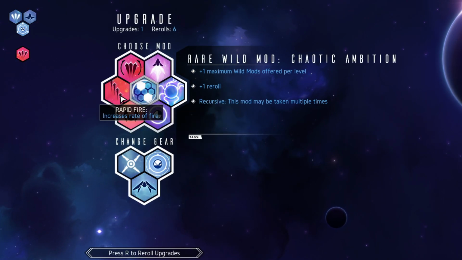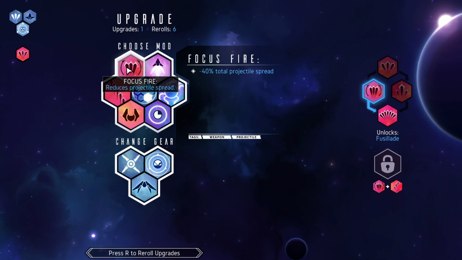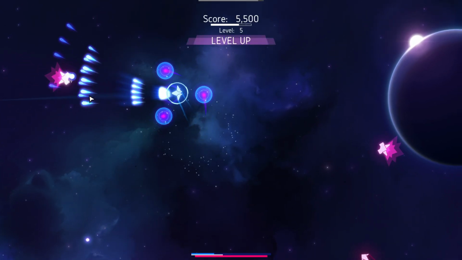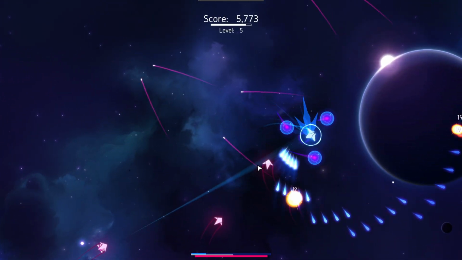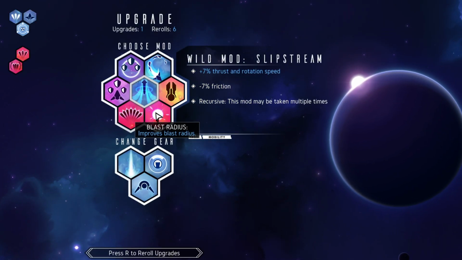And I'm ready to upgrade again. I'm going to get more rate of fire. 15% increased rate of fire. Ooh, reduced projectile spread though. Yeah, I think minus 40% total projectile spread is going to be good, especially for this weapon in general, where it launches them all out in a big spread area like this. If I can get less spread and really centralize these shots, I'm going to be doing massive